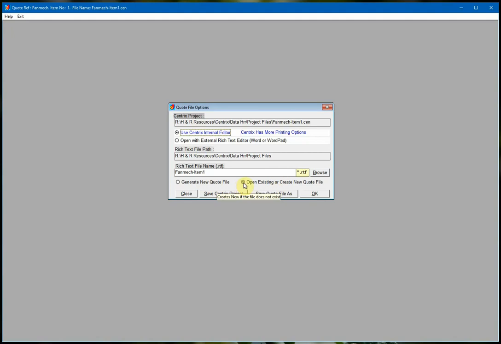Centrix will select one of these depending on if you've loaded a project or if it's a brand new one. If there's an existing RTF file here with this name,